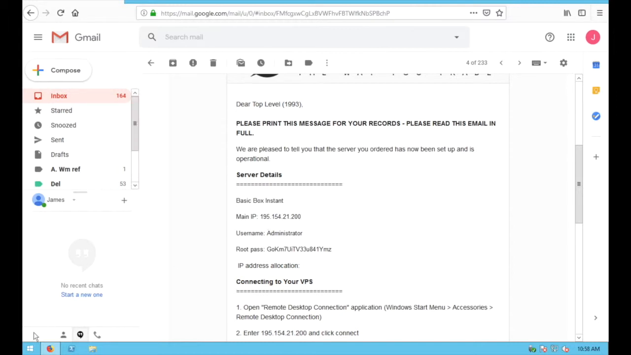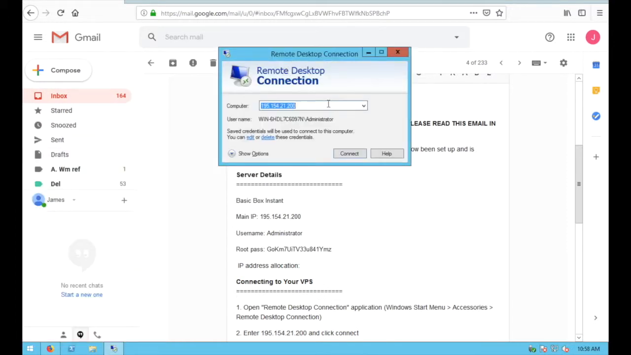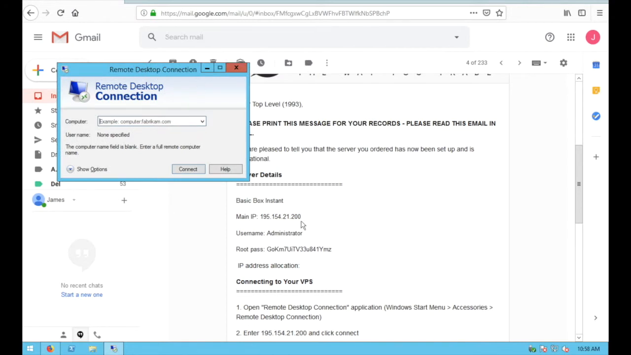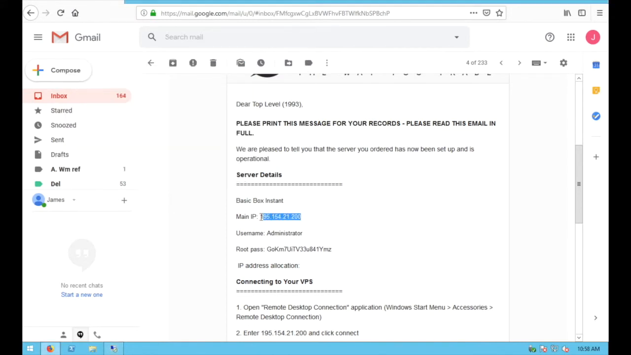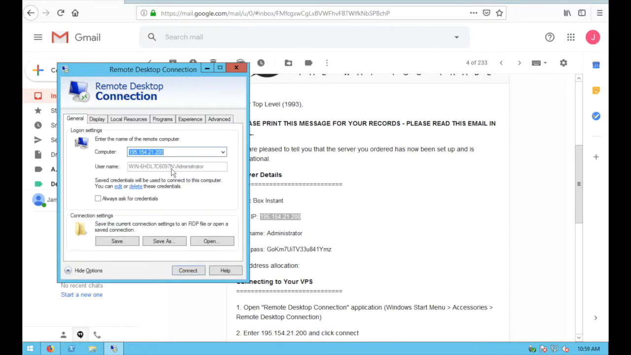Step number two is you need to go to your Start button, bottom left, and click Remote Desktop Connection. Once this pops up, what you need to do is under Computer, copy your main IP, show more options, and you need to put in